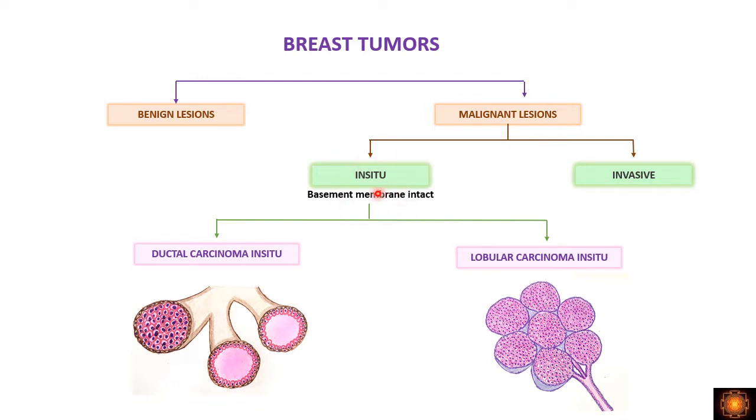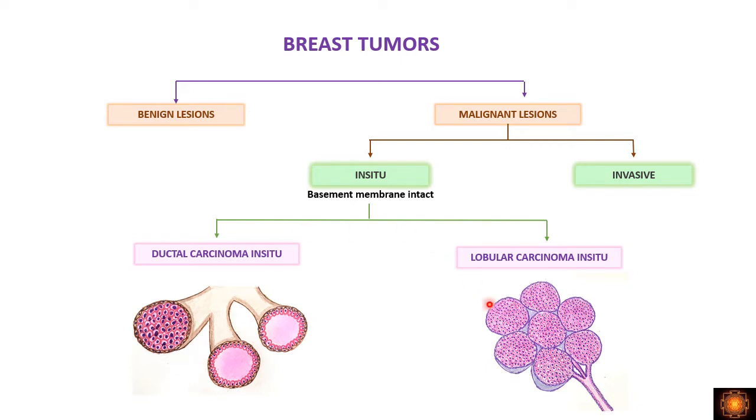In the in situ carcinomas, again we have two types, ductal carcinoma in situ and lobular carcinoma in situ. If you see the ductal carcinoma in situ, this is the cut section of the ducts. And in the ducts, as I told you, we have a double layer. Outer we have the myoepithelial cell layer, inner we have the luminal cells or ductal epithelial cells. So when these ductal epithelial cells have undergone neoplastic transformation, the cells have proliferated and are filling the entire duct. But the cells are confined only within the duct and you have an intact myoepithelial layer outside. So this one we call ductal carcinoma in situ.